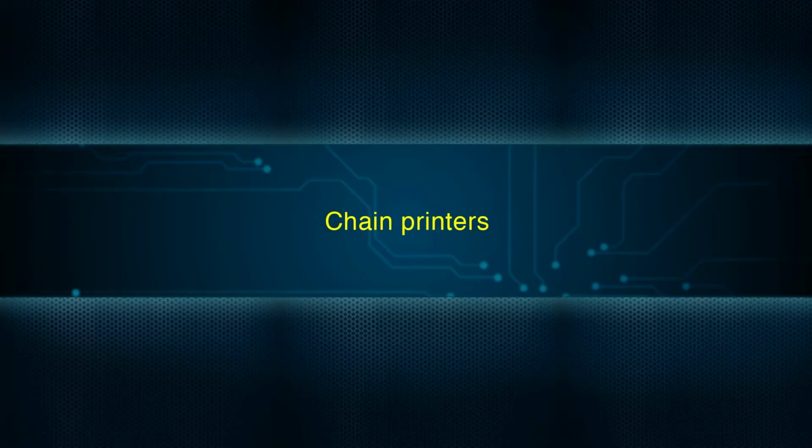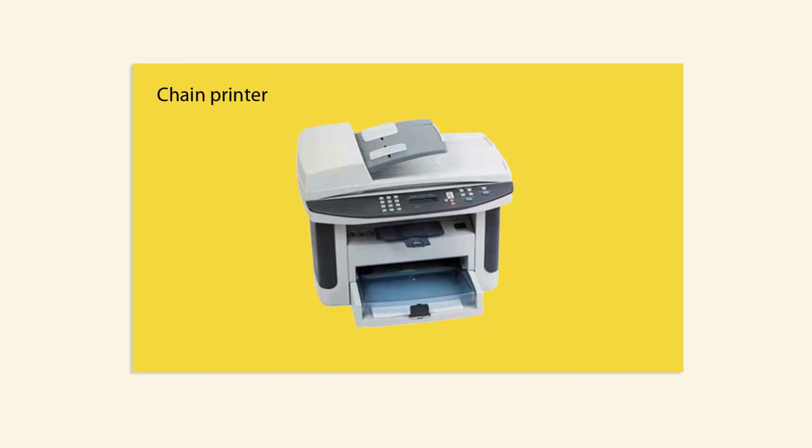Chain printers. A chain printer uses a chain of print characters wrapped around two pulleys. Like the drum printer, there is one hammer for each print position. Circuitry inside the printer detects when the correct character appears at the desired print location on the page. The hammer then strikes the page, pressing the paper against a ribbon and the character located at the desired print position. An impression of the character is left on the page.